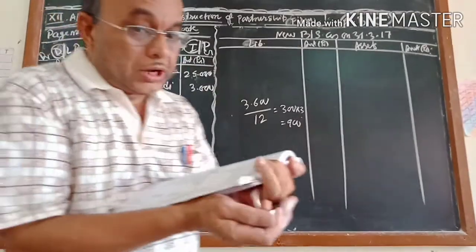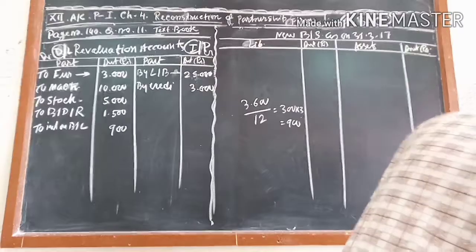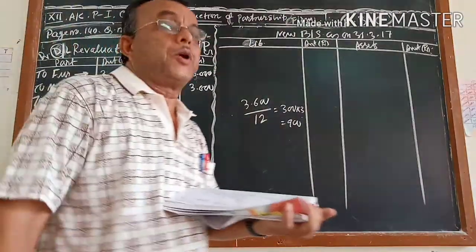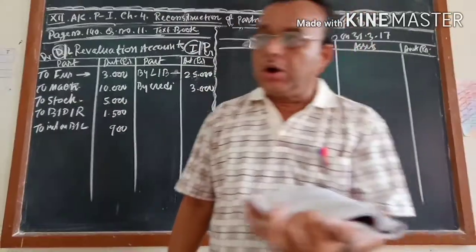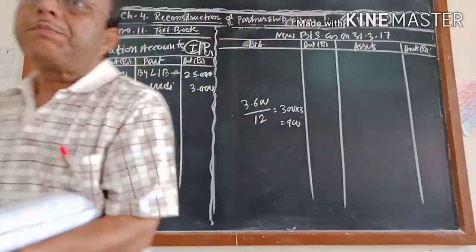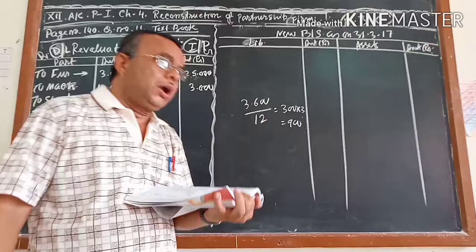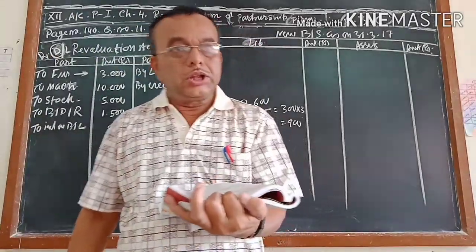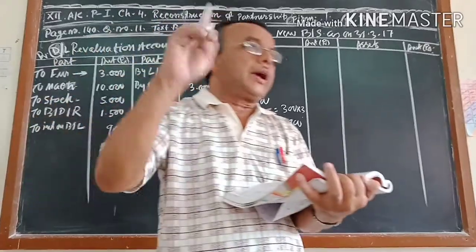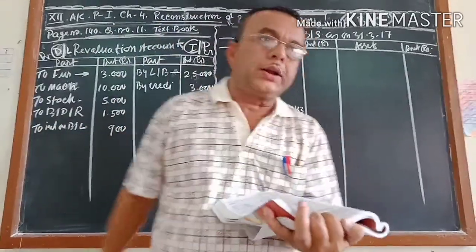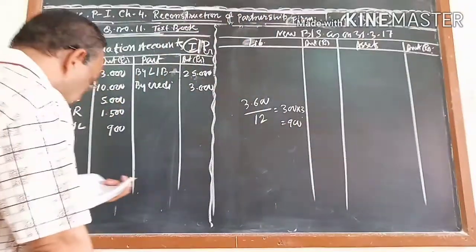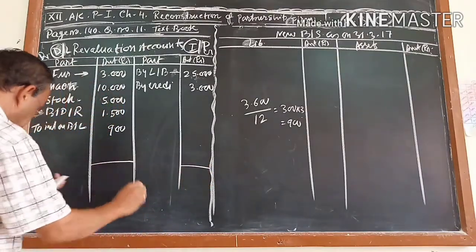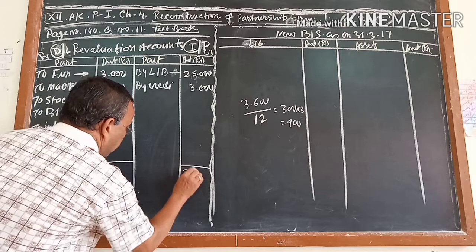So now the revaluation account is over. Now what will we do? We will close the revaluation account, and the result of the revaluation account, it may be profit or it may be loss, will be transferred to the partners' capital account or current account. If a current account balance is given in your question, then don't transfer this balance to the capital account. You will transfer to the current account according to the old ratio. So I am directly writing the answer because it will take time to add it.